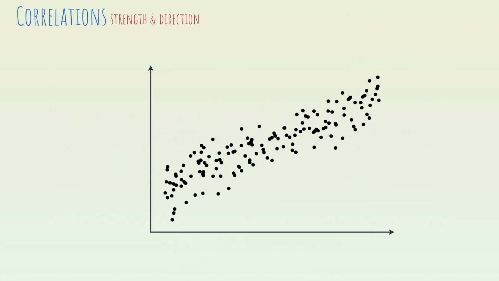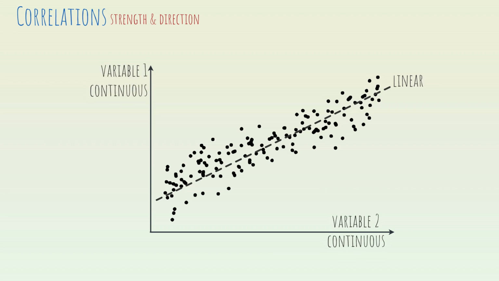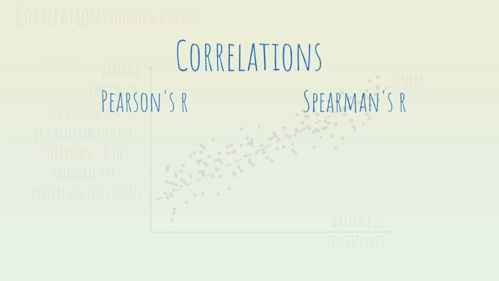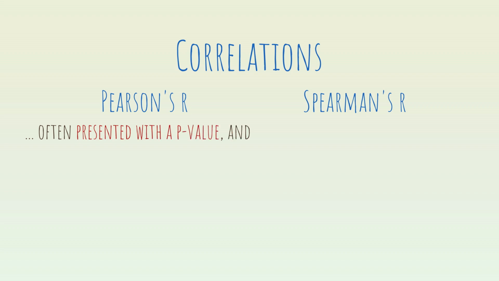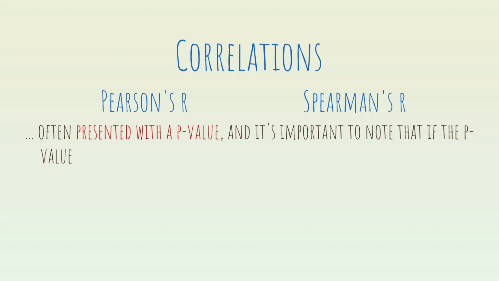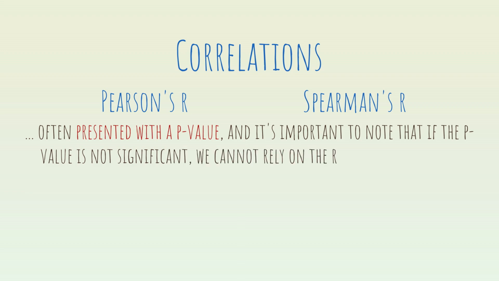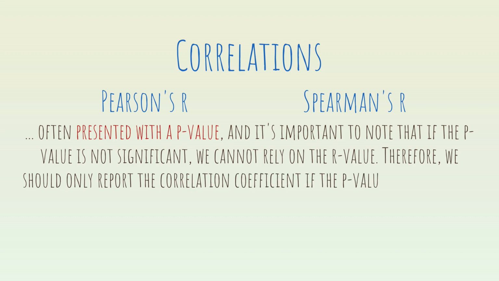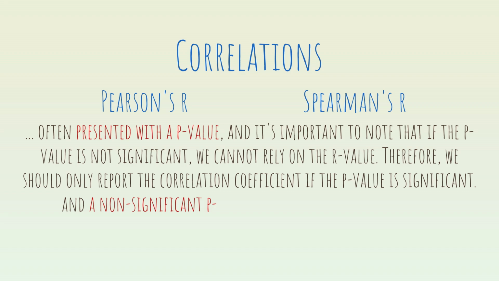One important point about correlations: if we have a linear relationship between two continuous variables but one or both are not normally distributed, it's preferable to use Spearman's R to calculate the correlation coefficient for assessing the strength and direction of their relationship. Another point about Pearson's and Spearman's R is that they are often presented with a p-value, and it's important to note that if the p-value is not significant, we cannot rely on the R value. Therefore, we should only report the correlation coefficient if the p-value is significant, and